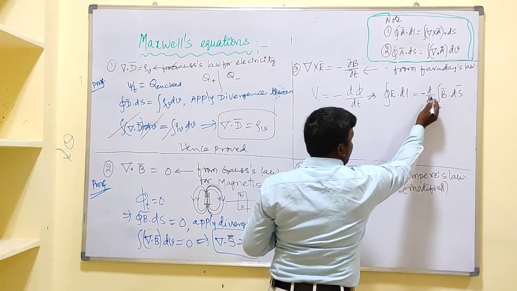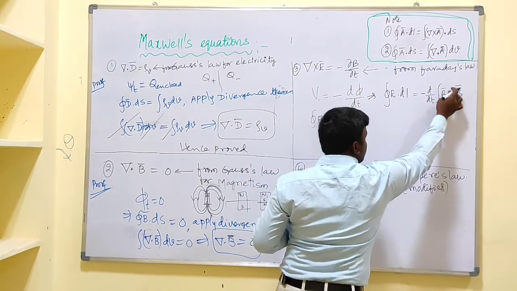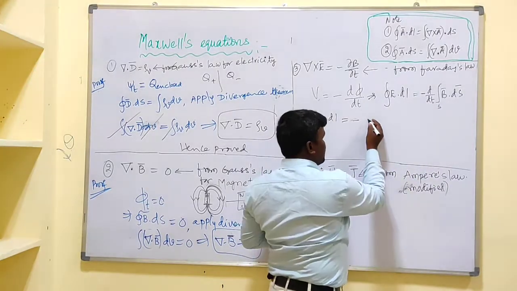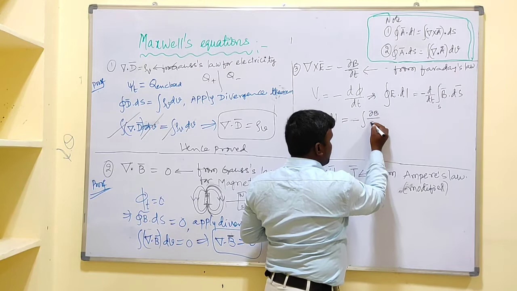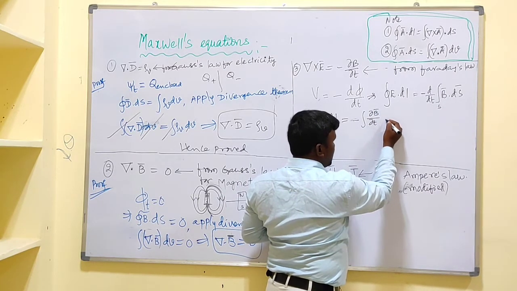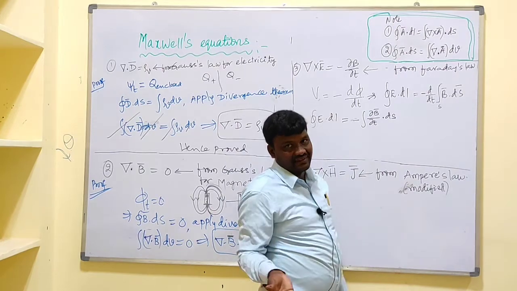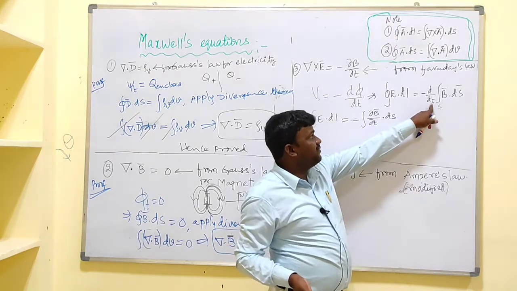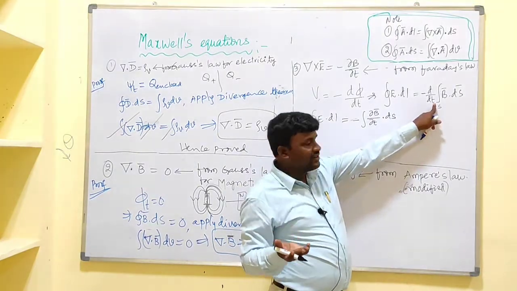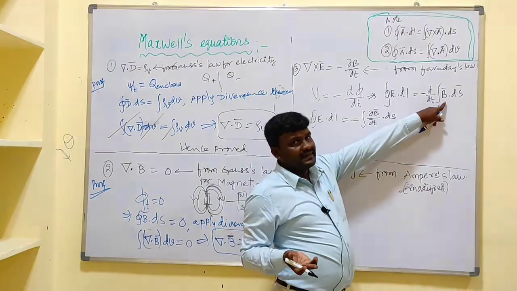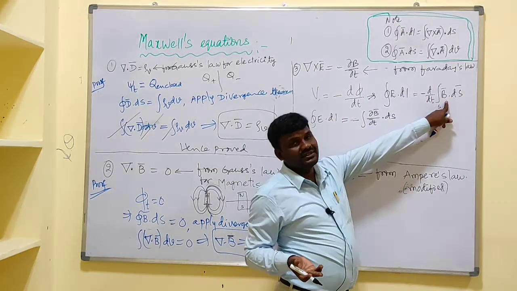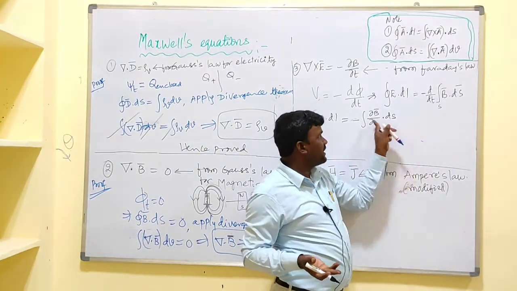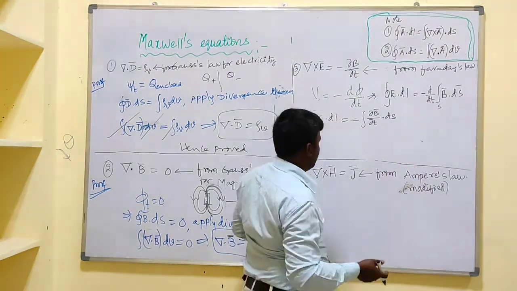Send this term to inside of that integration. Basically, it is what? Space variable, it is time variable. As they are independent variables, this differentiation becomes partial differentiation. That's why this can be written like this, that is integral of dou B bar by dou t dot ds. ds means what? dx dy, or else dy dz, or else dz dx. Those are distance variables, means space variables, whereas this one is a time variable. Basically integration is with respect to space variables, but we are trying to send this one to this side, means what? This differentiation becomes the partial differentiation.